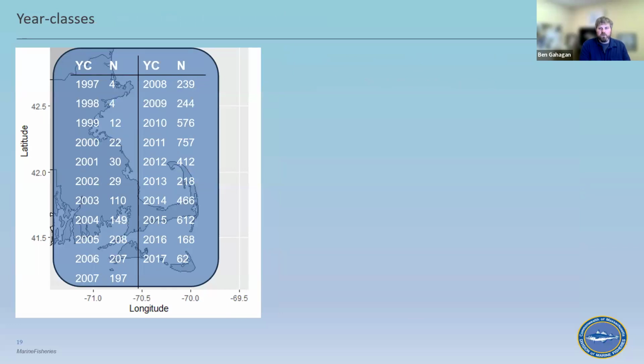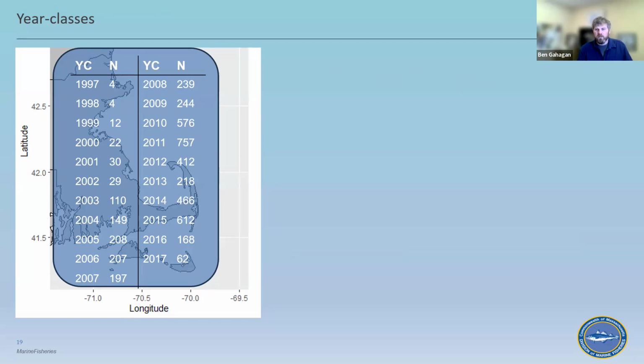Which is why it is informative to look at the year classes that we have the data for. So across our 5-year sampling period, we collected fish from 21 different year classes between 1997 and 2017. And as might be expected, samples were most numerous for the year classes between 2005 and 2015, as older year classes had suffered a decade plus of mortality, and some of the younger year classes were likely still recruiting into the fishery.